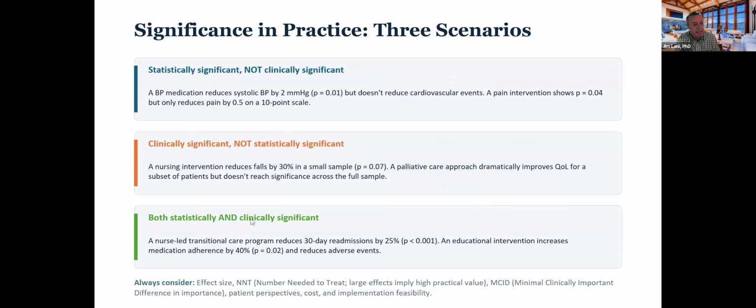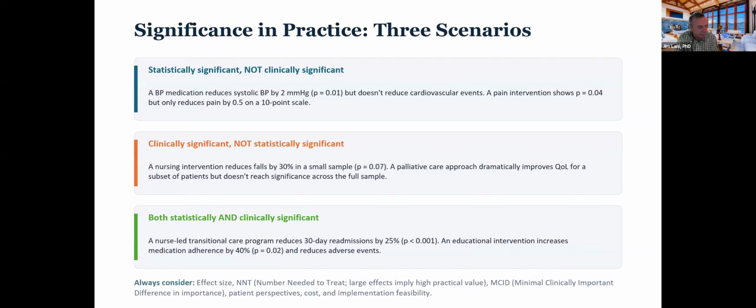So there's 3 kind of cases here. I guess there's 4 with nothing's significant or important, but for simplicity, things can be statistically significant but not clinically significant. You found a statistical difference in systolic blood pressure, but it doesn't really reduce cardiovascular events. Statistically important, but not clinically important. Clinically significant, but not statistically: falls are reduced by 30%, but didn't reach the threshold of